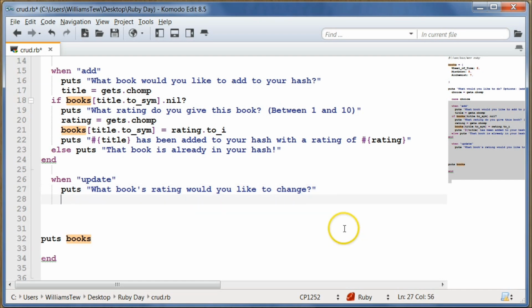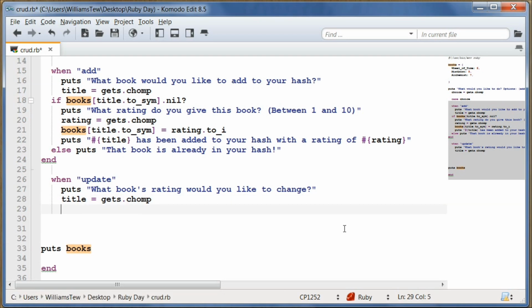And again, we can do title here. We can use the same one. Title equals gets.chomp as well. Then what we will do is first check to make sure that that book is in there. If the book's not in there, then we're going to get an error. So we'll just say error, this book is not found. So what we will do is if